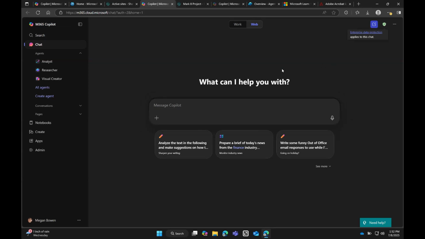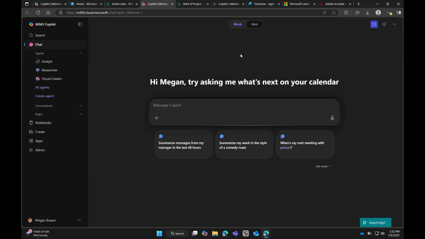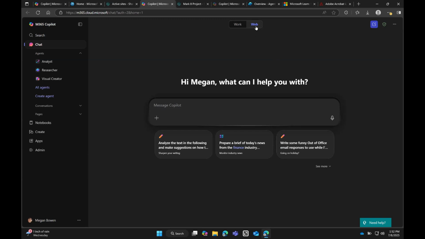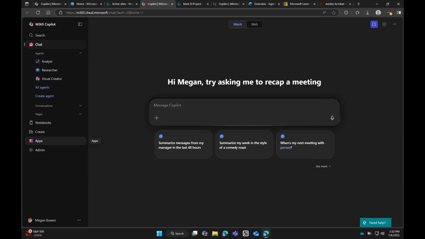I usually look at it as if there's a file that I know is in SharePoint, I want to take that shotgun approach. Work is where I start. If I know that we probably don't have any internal documentation, but maybe someone out there on the web has found my issue and we want to search a broader scope, then I'll switch to the web. So usually it's whatever one you left off on. And then when you're building your agents, one of the benefits of agents is you could say only pull in my knowledge source, don't pull anything from the web, or you can say include web, so you get more of that choice.